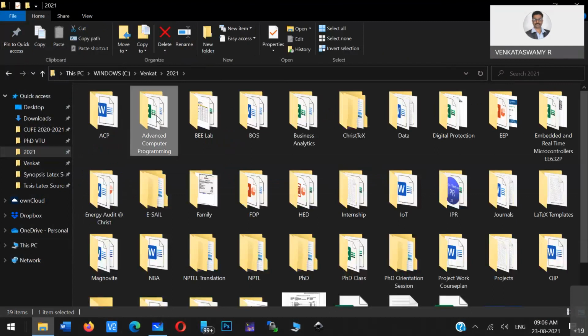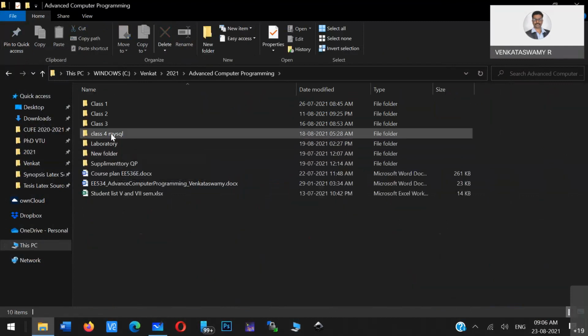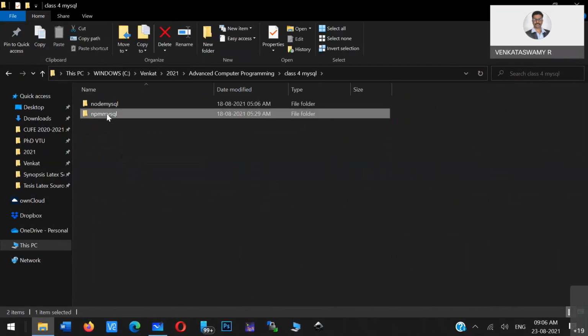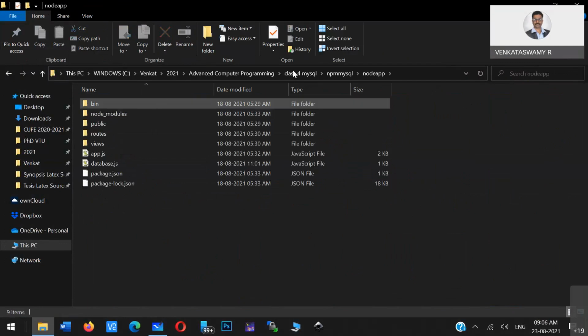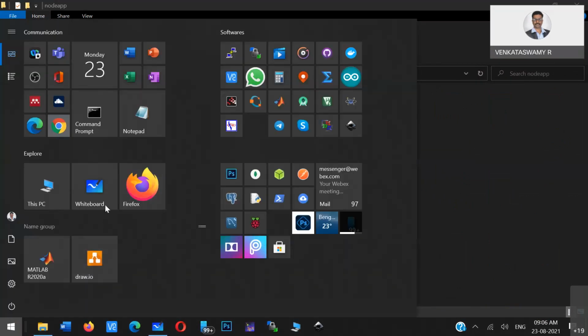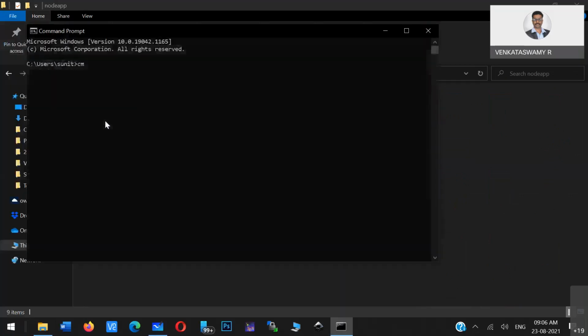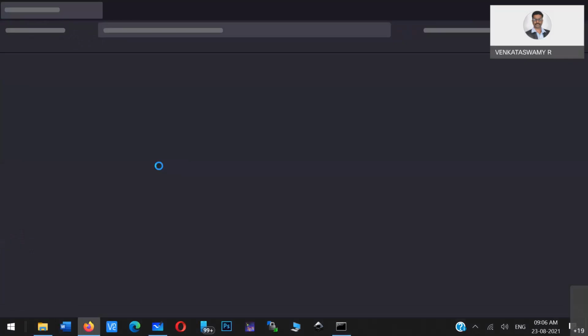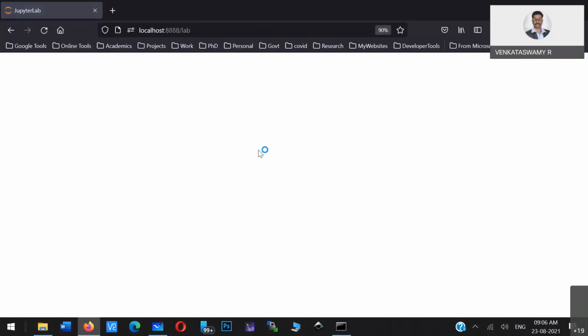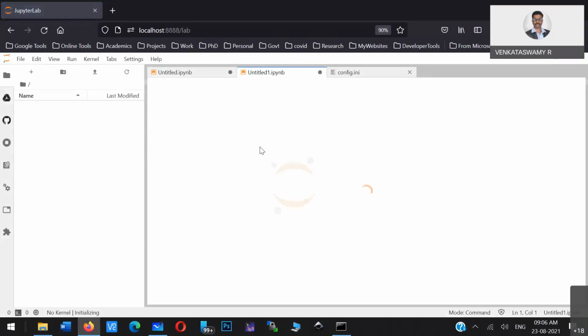We'll just re-execute that program. So this is the application we have written. In JupyterLab, that means in Python, we have written one program.